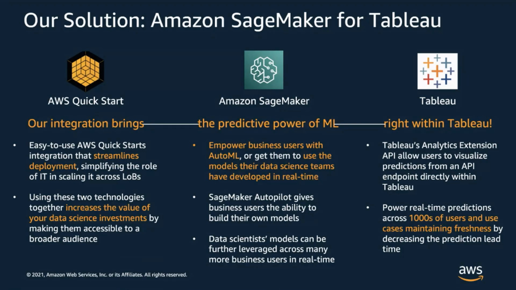So leveraging Tableau's Analytics Extensions API, we can communicate directly between SageMaker models and Tableau visualizations and really take visualizations in Tableau to the next level by using real-time predictions on live data that can be connected right into a Tableau visualization. So anything that you can view in Tableau today, you can connect to predictions and start running those,